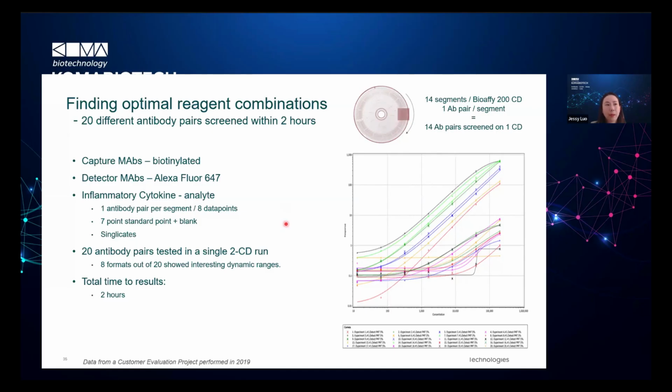And then the platform, the needle, will help you to combine different antibodies together into these different segments. So you don't need to combine them manually. The instrument itself will do the different combinations of the antibody pairs. So that will save a lot of manual operation, but also reduce operation errors, because you can just